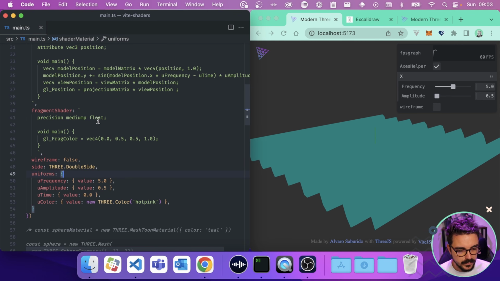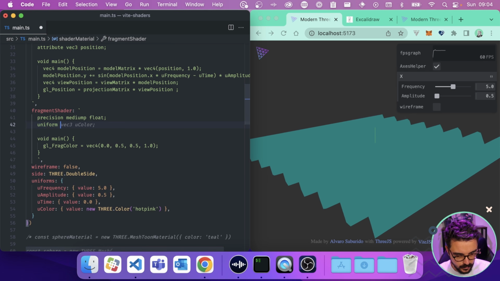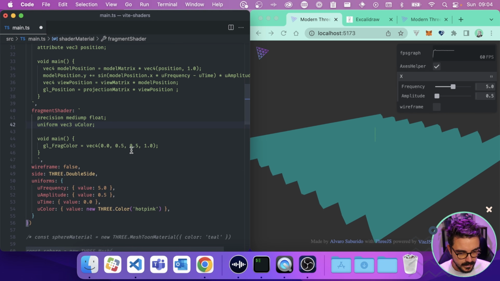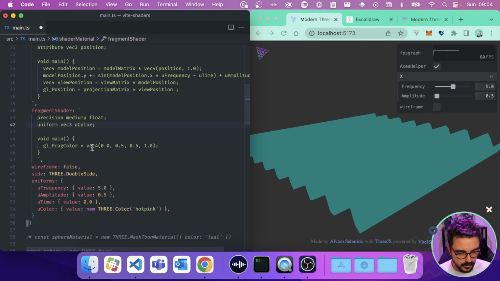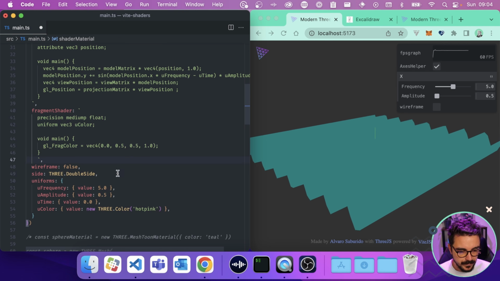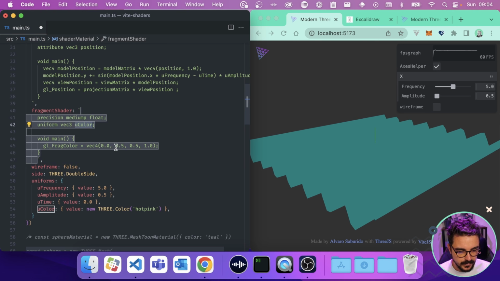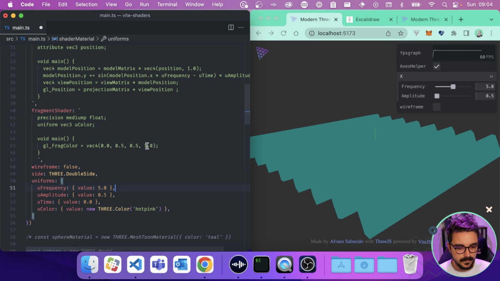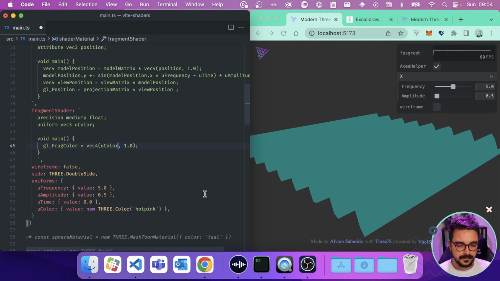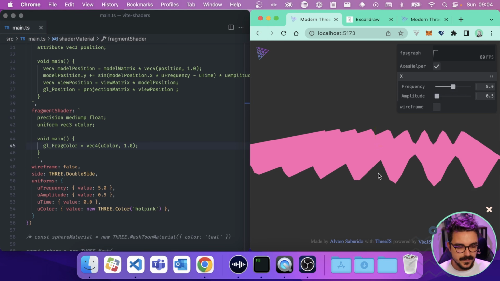Nothing is happening because we need to go to our fragment shader and say, okay, we have another uniform, which is called, in this case, I think it's gonna be a vector 3. Okay, so it's uColor. And here we have the fragment color, which is RGB, and I think this is the alpha. I'm not really sure. So we can do something really cool with this because we already know that this is a vec3, so it has RGB. We can remove this vec3 here and just put uColor, and let's see what happens. Now we can see that the color has changed.